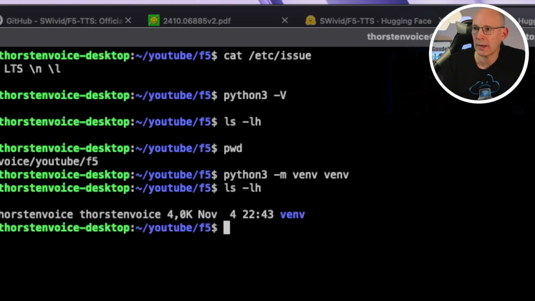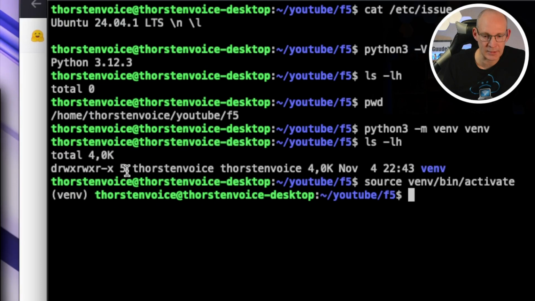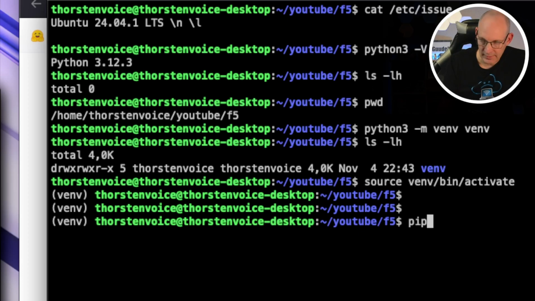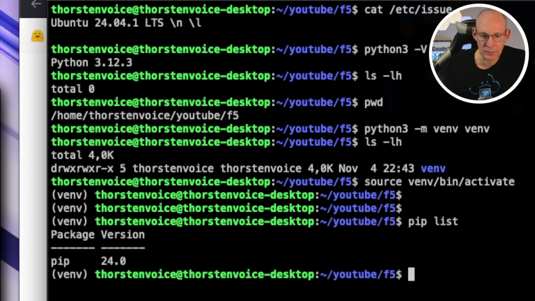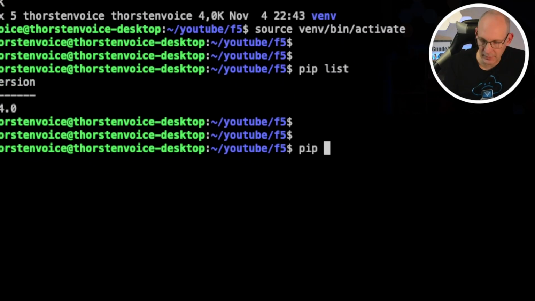Now we have this venv folder here, and let's activate our environment by running source venv/bin/activate. And as you can see, now we have this prefix here, so the venv, the Python virtual environment. Let's run pip list to get an idea of the installed Python packages, just the installer. And let's run pip install pip